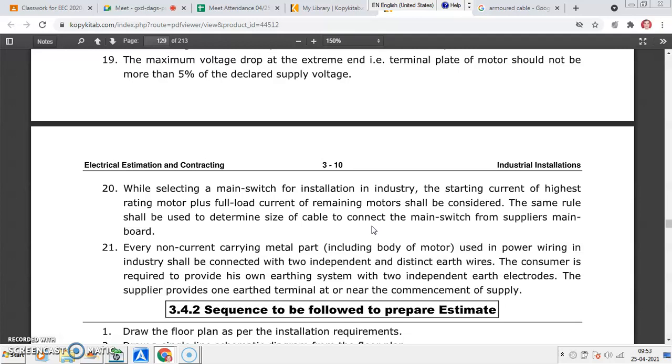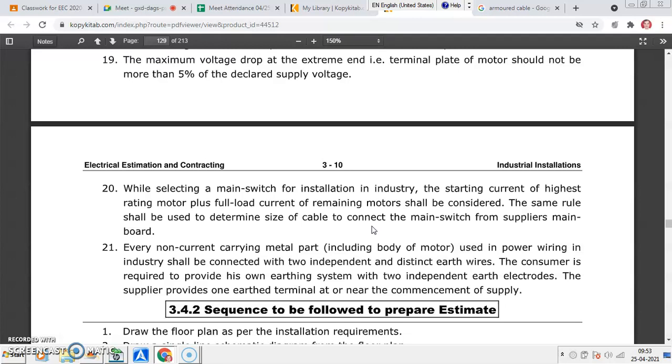Are you with me? Please note carefully what I am saying. This is a very important point. Suppose you have 20 motors in your unit, and the motors have different sizes, so different capacities. Size not in terms of mechanical size; I will say in terms of electrical size. Electrical size is based on the rating of the machine, that is, 1 HP, 2 HP, 5 HP, 15, 20, 50 HP. So consider the highest-rated machine. Suppose you have a 50 HP highest-rated machine.